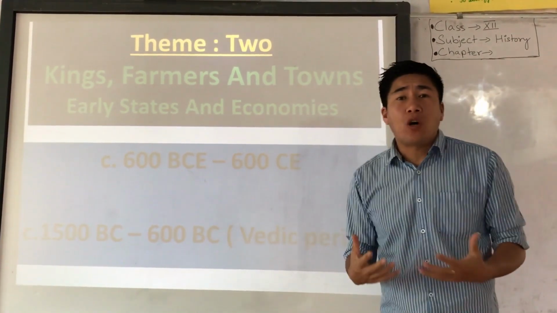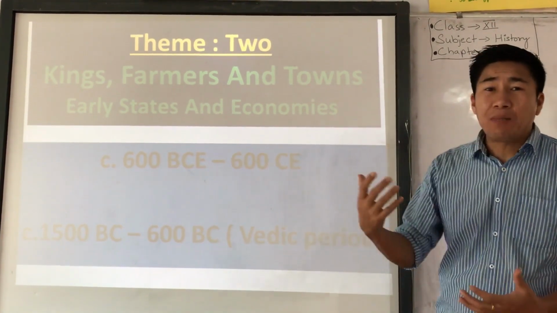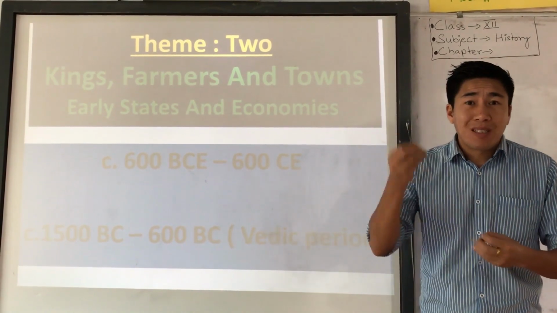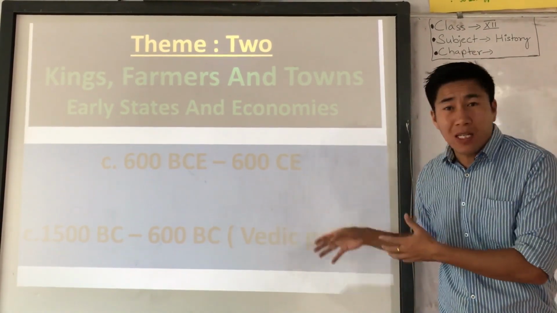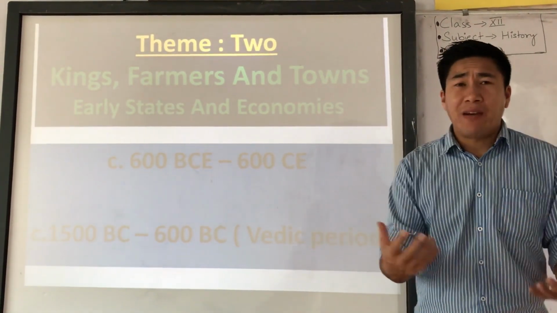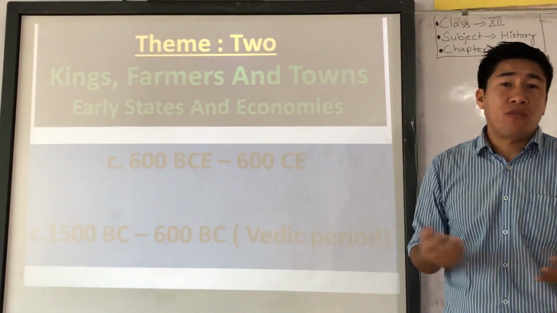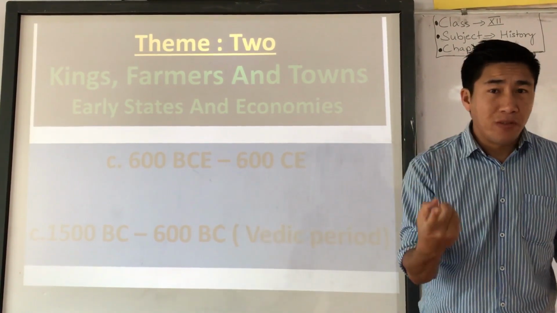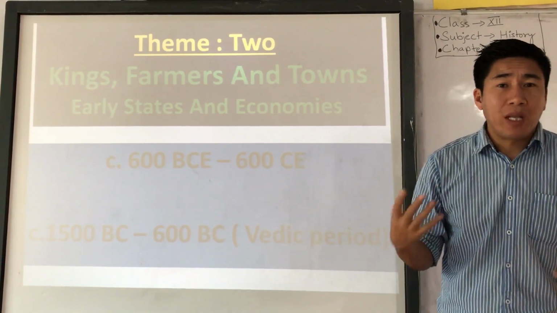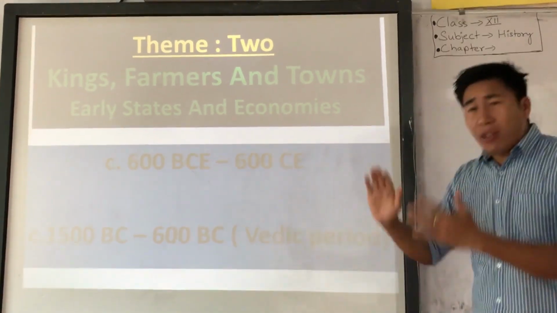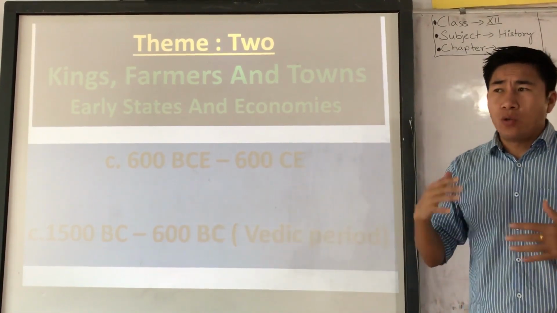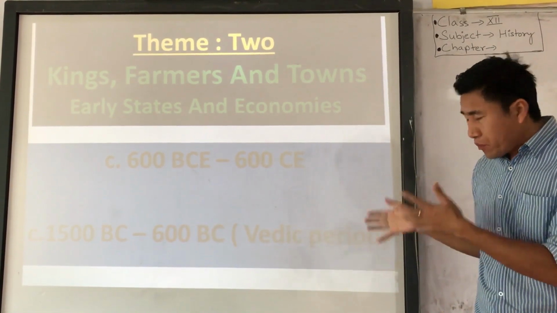Now, why do we call it the Vedic period? Because during that period, the Rig Veda, one of the most ancient Indian texts, started being written by the Brahmins. Not only the Rig Veda, they have 4 sacred texts of this Vedic period. We have the Rig Veda, the Sama Veda, the Yajur Veda, and the Atharva Veda. The Rig Veda itself has an early and a later period, but we are not going into that much detail in this topic.